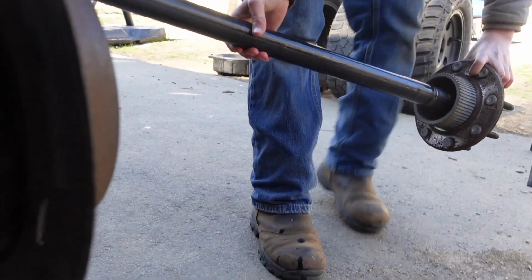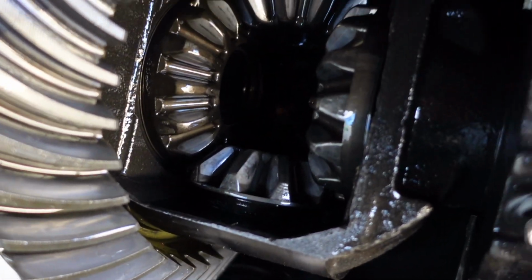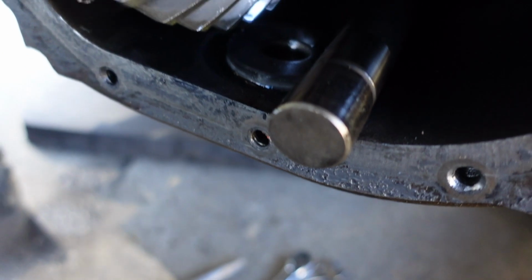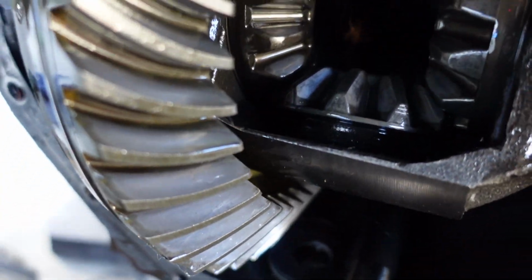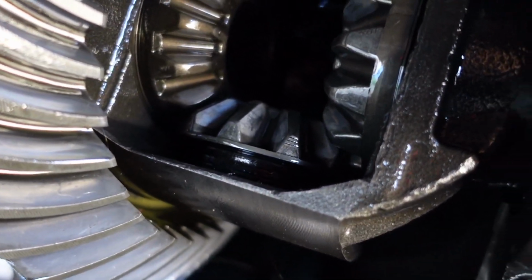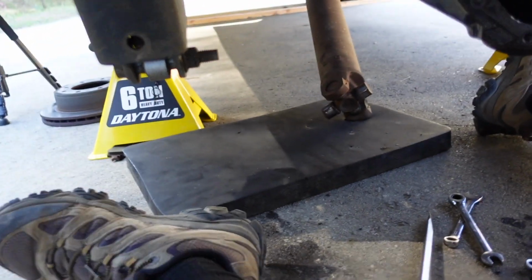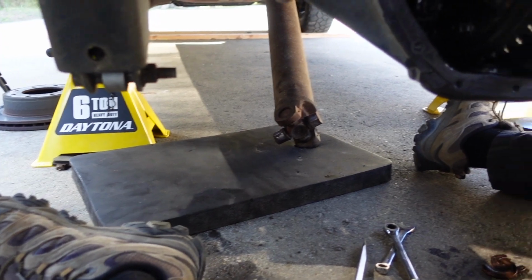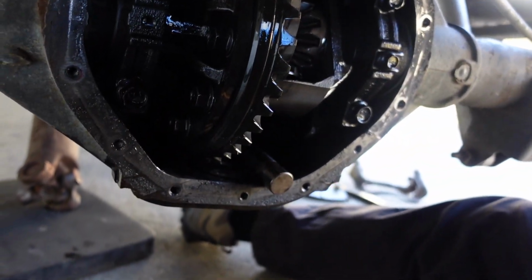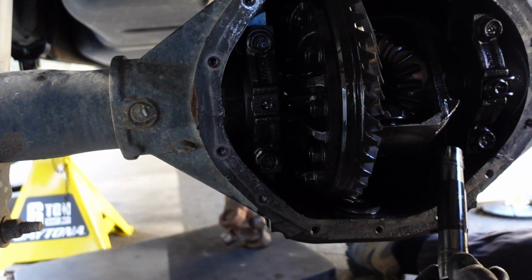There we go. So nothing came out of this side because it's leaning that way. No big deal. So now we got to put this pin back in the spider gears or they'll just fall apart whenever you turn it. Come over here and grab the camera for me. It'll be alright. Just slide this back up in the...